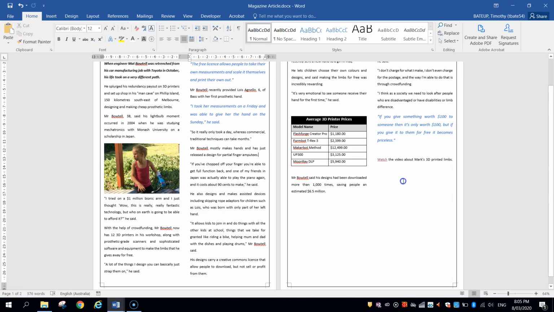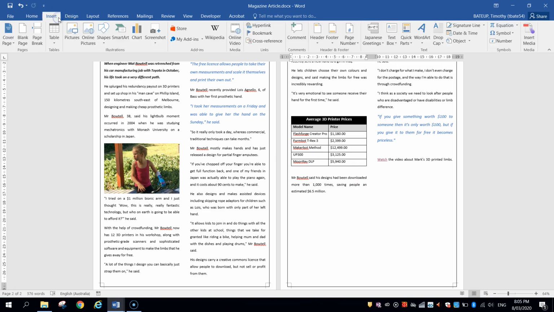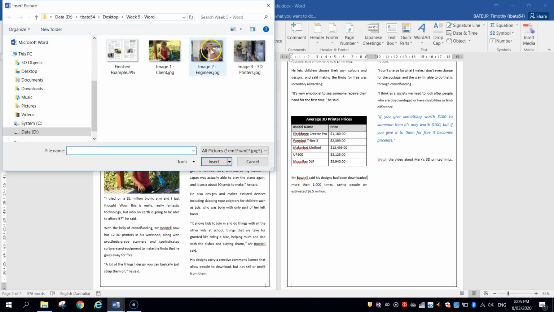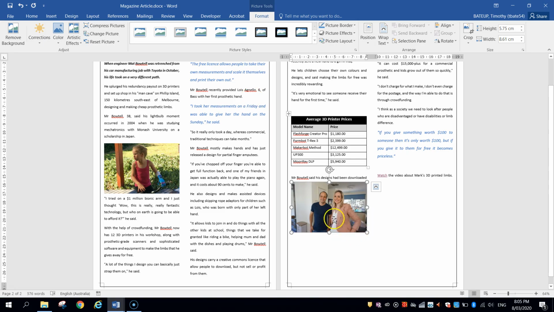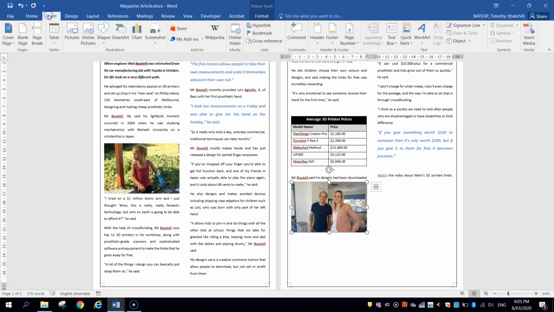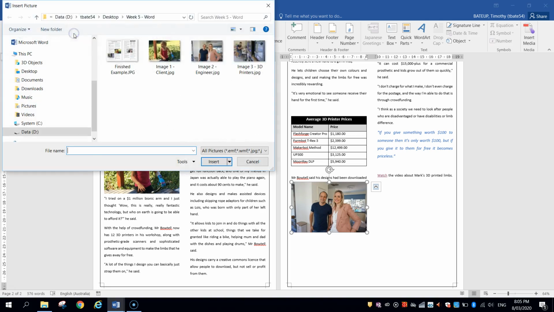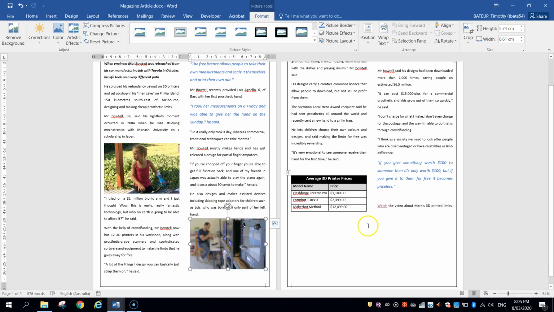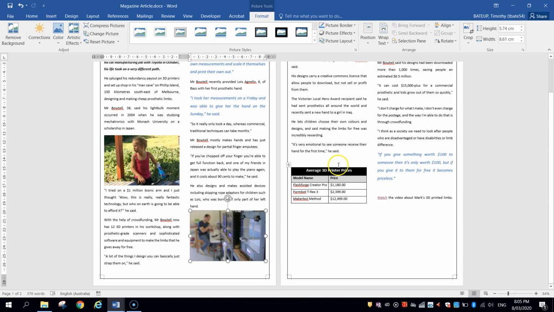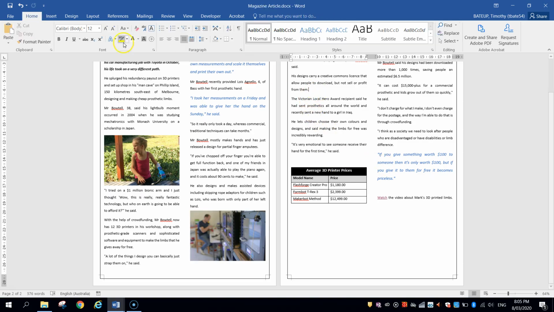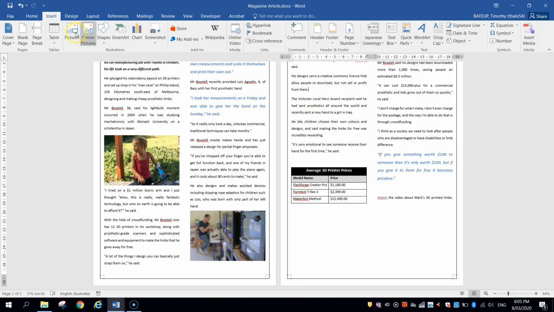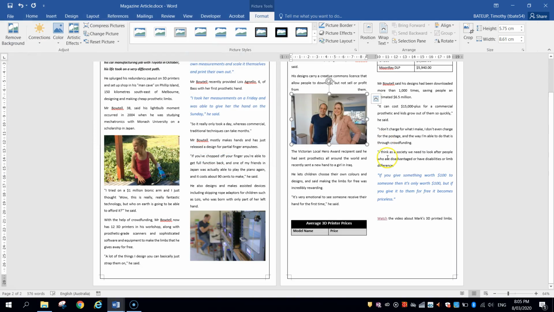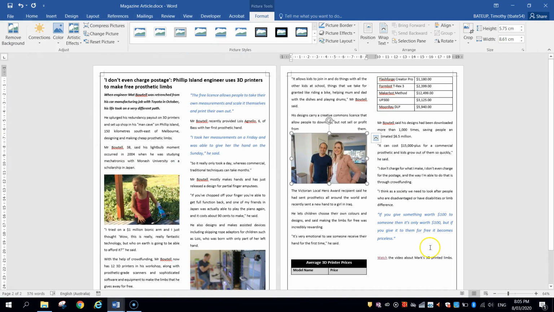I'm going to bring in the second one now, so I'm going to go to Insert, Pictures, and bring in image 2 of the engineer with his wife. I might leave that there on the last page. And I'm going to insert one more picture, which is the engineer working in his workshop. Okay, it looks like that just replaced the other one, so I'm going to have to quickly bring that other picture back in. There we go. So we've got all 3 pictures in now.